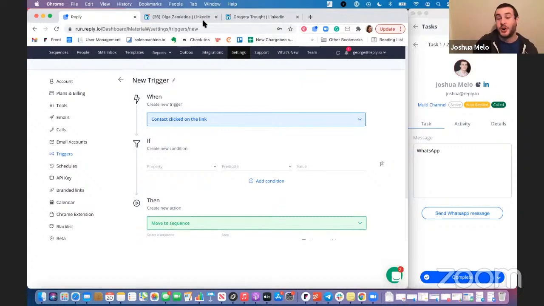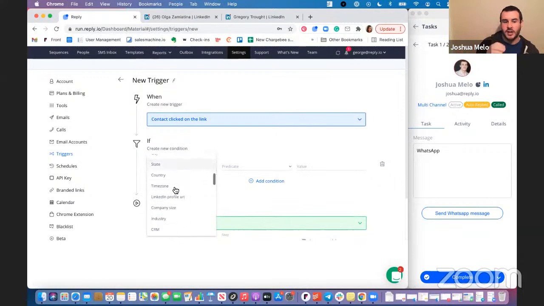What if you don't want to move all responded contacts? Are you able to select only the ones that are relevant? You probably don't want to move people that say thank you, but no thank you. And the answer is yes. This middle section says when is going to be the trigger point. If is going to be the specific subgroup of people that this trigger affects. So you can actually select inbox category. That may not be available right now, but I do know that it's coming.